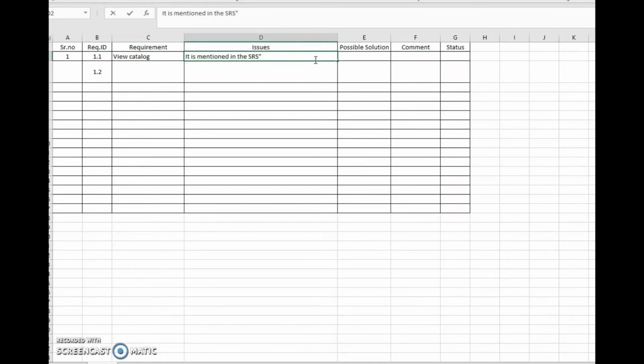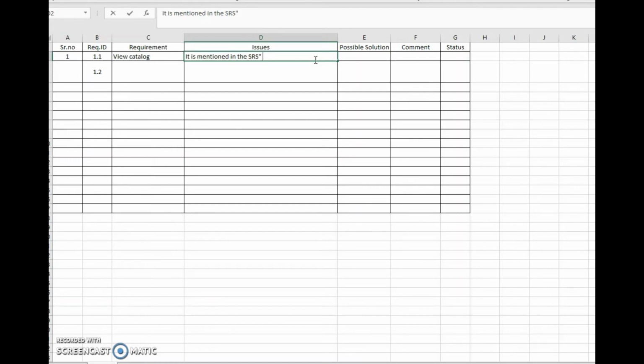You are a tester, and there might be a couple more people in your team who are also doing the verification activity as soon as they get the requirement specification. They might also be creating this query tracking sheet and sending it to the designers.